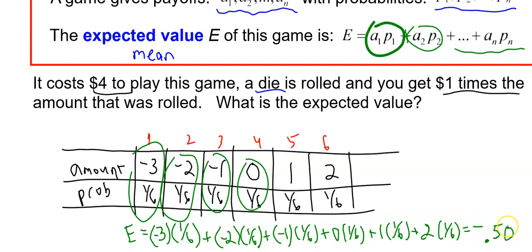You're losing 50 cents on the dollar. So you're actually losing half your money every time you play this game. That's not that good, right? We don't want to lose half of our money when we play a game, but it kind of works out like that. So it gives you the mean or the expected value of playing this game. And this is very useful because you probably wouldn't want to play this game if you had the